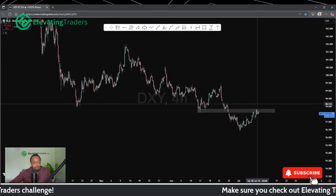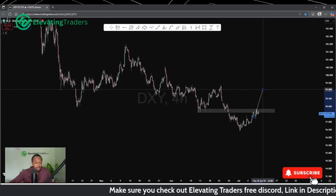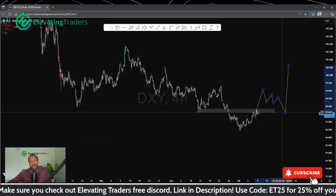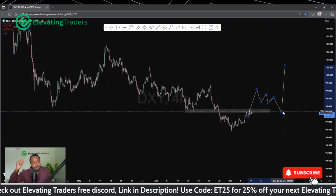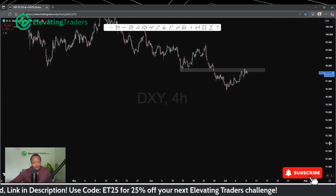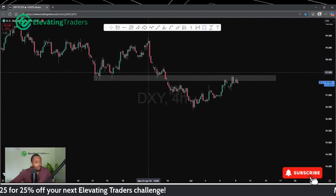As I've been saying since last week, I'm kind of waiting for a strong up move first before I entertain that, and then some pullbacks for some longs later on. That's really where my head's at with the dollar if I'm looking to take some swings to the upside. At the moment, we are pushing back into some healthy resistance, of course, prior support, small area of supply here